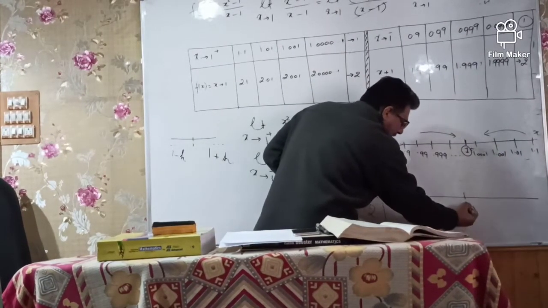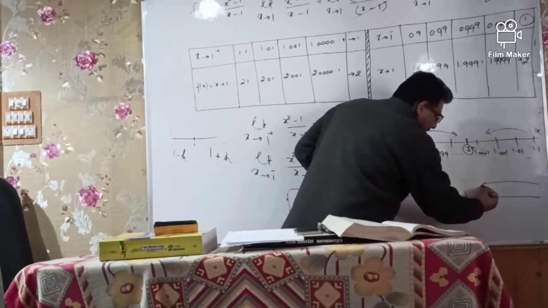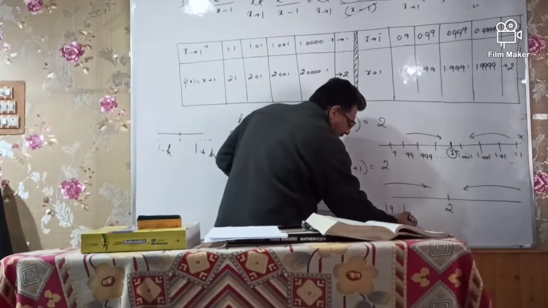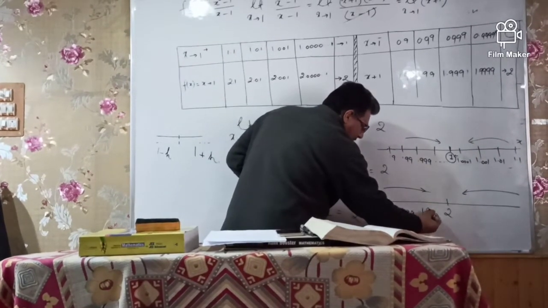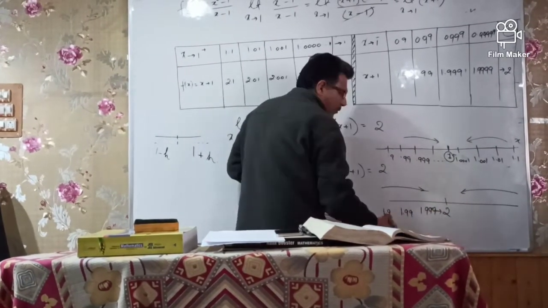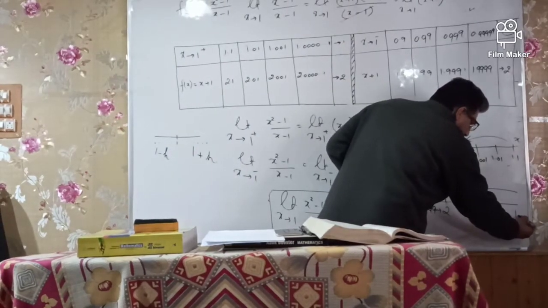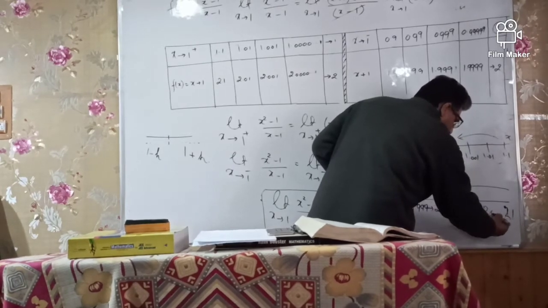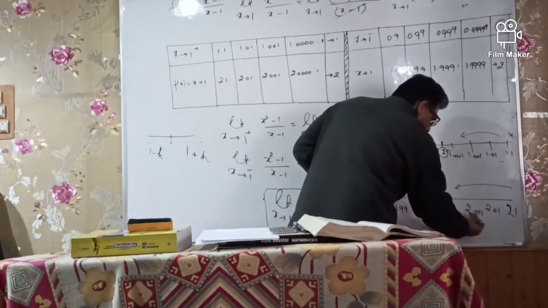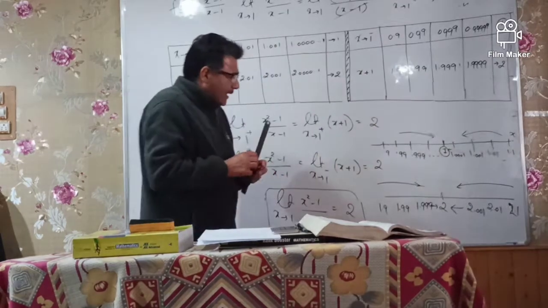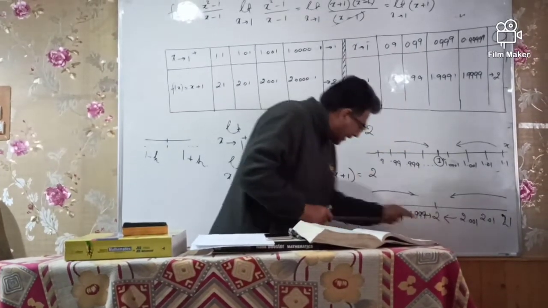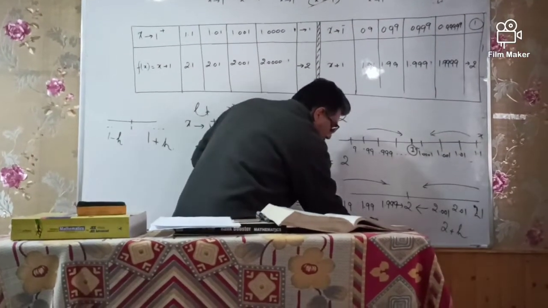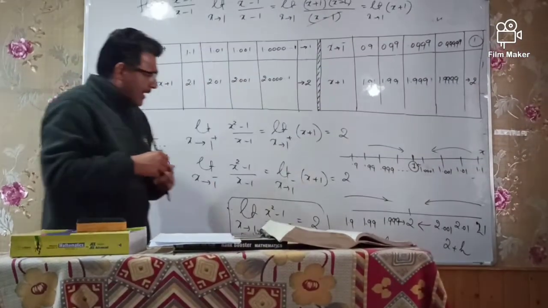अगर मेरे पास 2 है तब भी मेरे पास 2 रास्ते हैं आने के लिए। यहां से आऊंगा तो मुझे मिलेगा पहले 1.9, फिर 1.99, फिर 1.999, अल्टीमेटली मैं 2 पर पहुंच जाऊंगा। अगर मैं यहां से आऊंगा तो मुझे मिलेगा 2.1, फिर 2.01, 2.001, अल्टीमेटली मैं 2 पर पहुंच जाऊंगा। यानी 2 पर पहुंचने के लिए भी 2 रास्ते हैं, एक ये है और एक ये है। इसको हम कहेंगे 2 + h और इसको हम कहेंगे 2 - h, राइट।